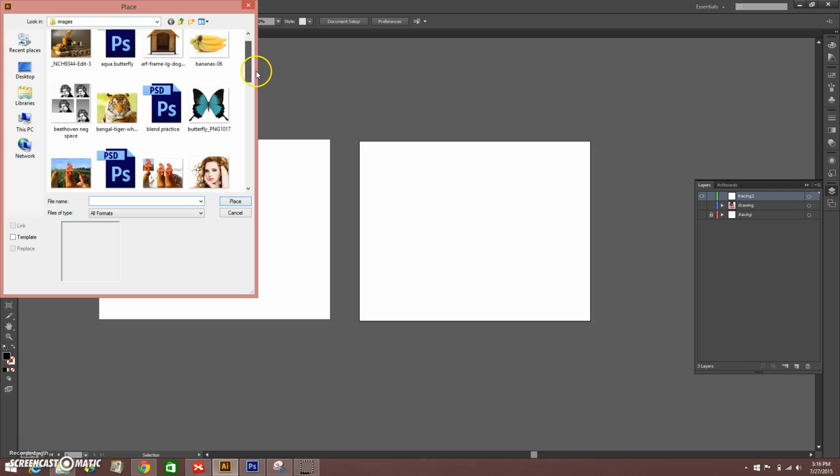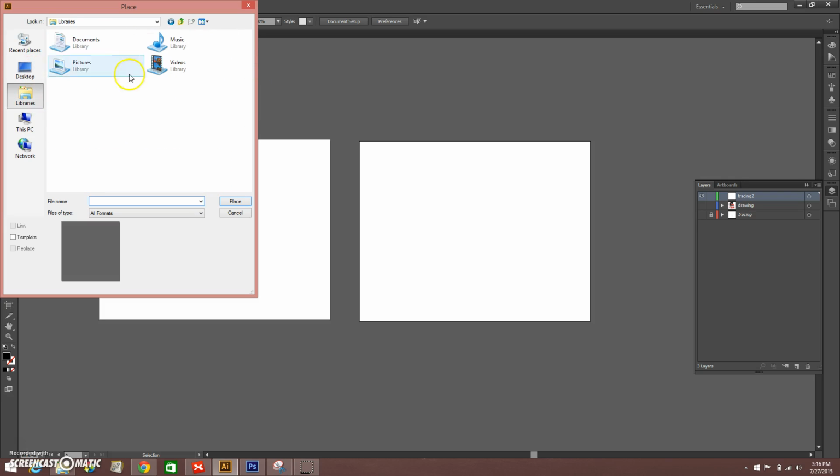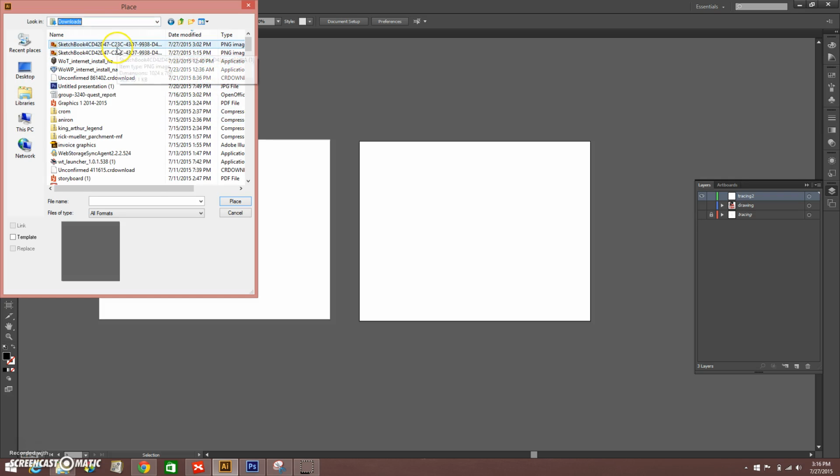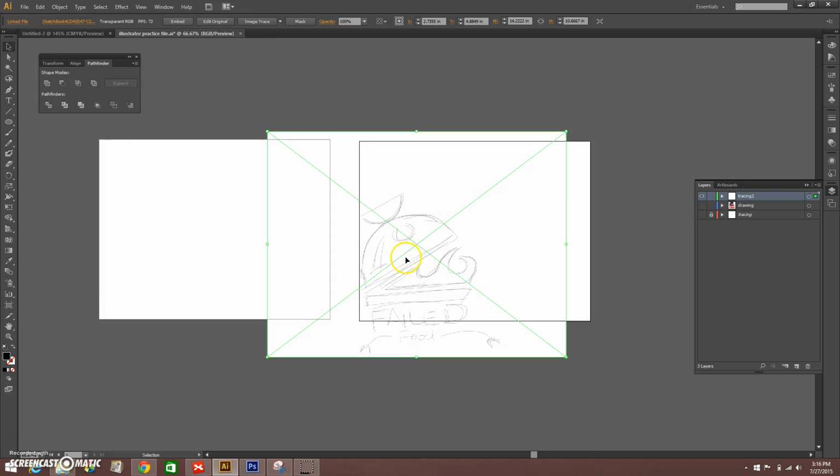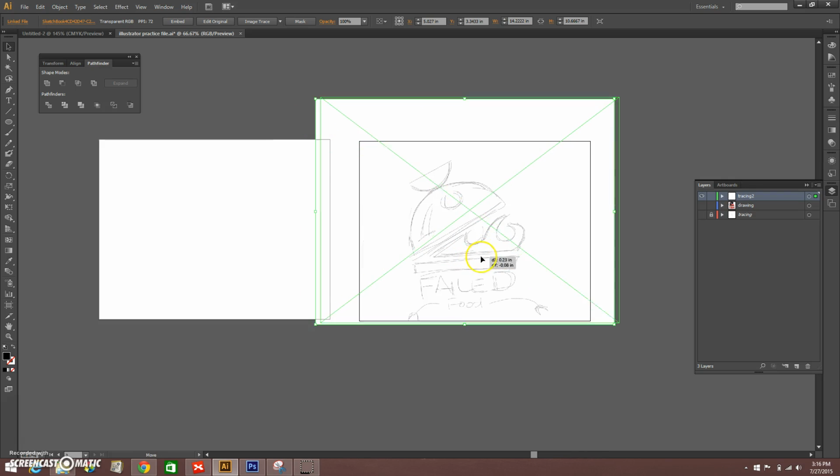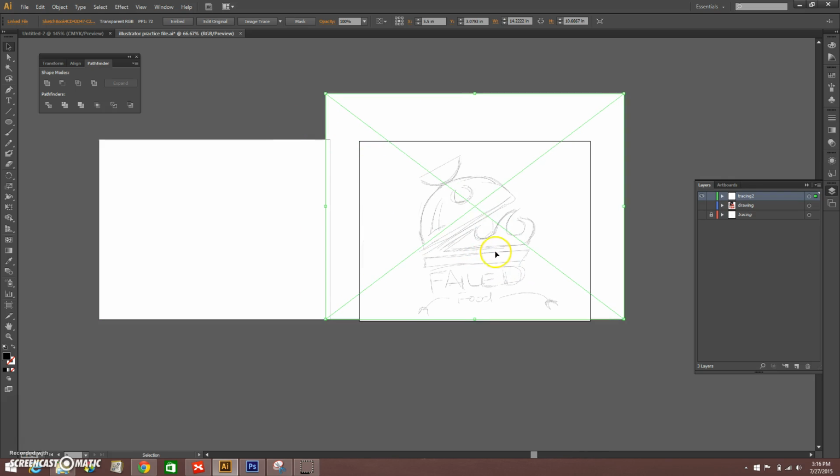And I just got to find what I did with the tracing. Yeah, I think I put it in my downloads. There it is. And voila, there you go. So there's my tracing. So I'm going to make it nice and big and get it in position over that